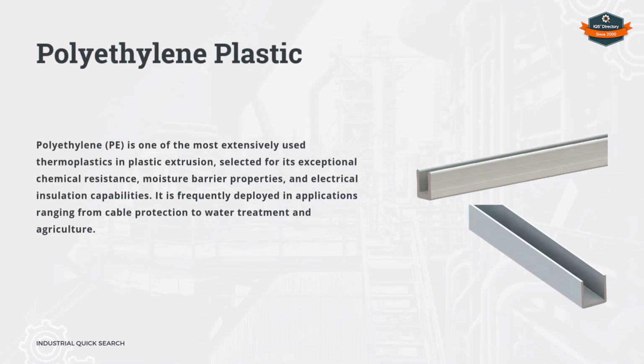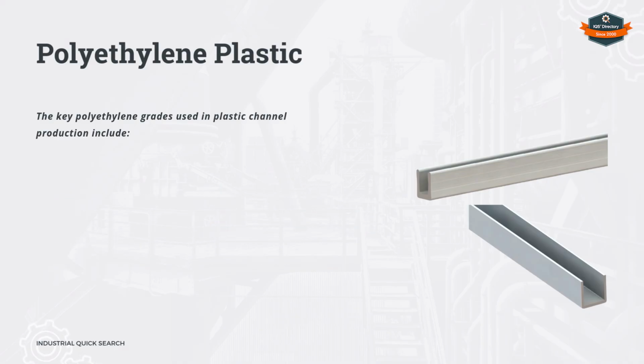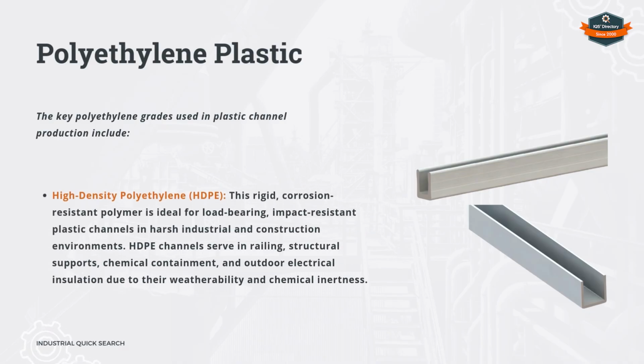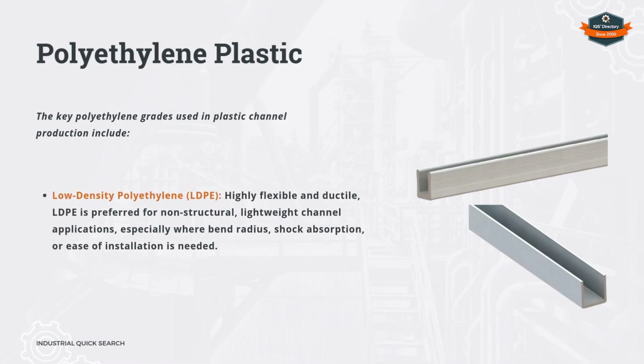Polyethylene plastic. The key polyethylene grades used in plastic channel production include ultra-high molecular weight polyethylene, high-density polyethylene, medium-density polyethylene, low-density polyethylene,